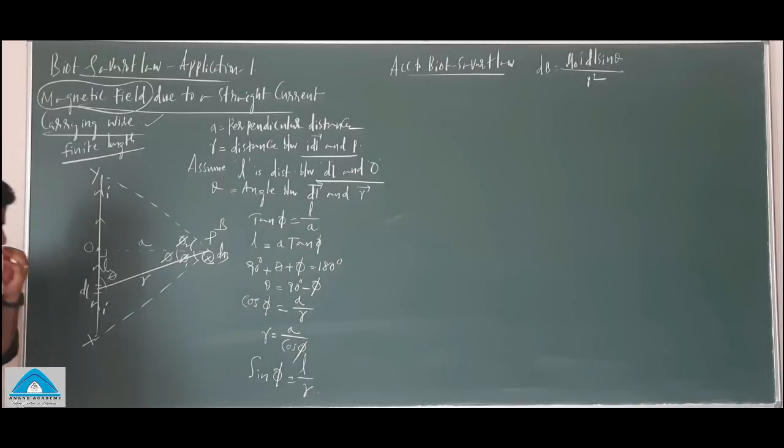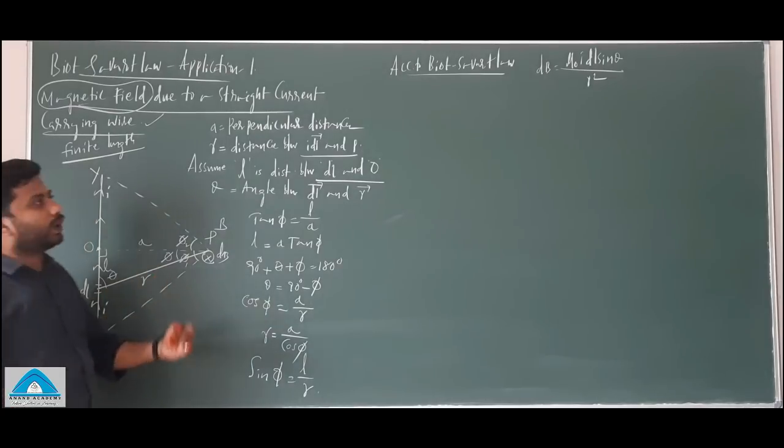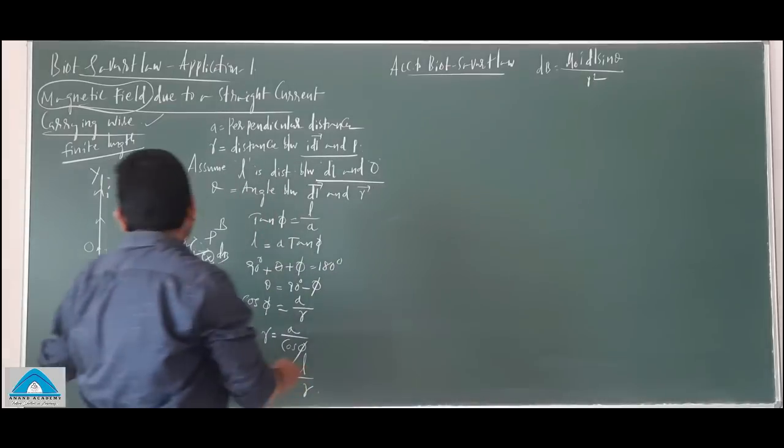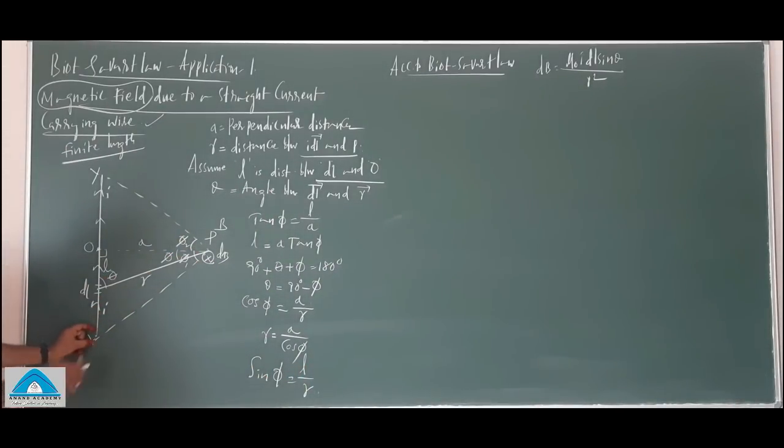Carefully. Why? As you are moving from x to y, this L value will be changing, because when you take your dl here, this L value will be here. When you take your dl here, your L value is from here to here. Understand? When you are moving from x to y, your L value varies and your theta value also varies. So listen carefully, and your R value also will vary. When you are taking the small length here, your big R will be this one. R also will vary.